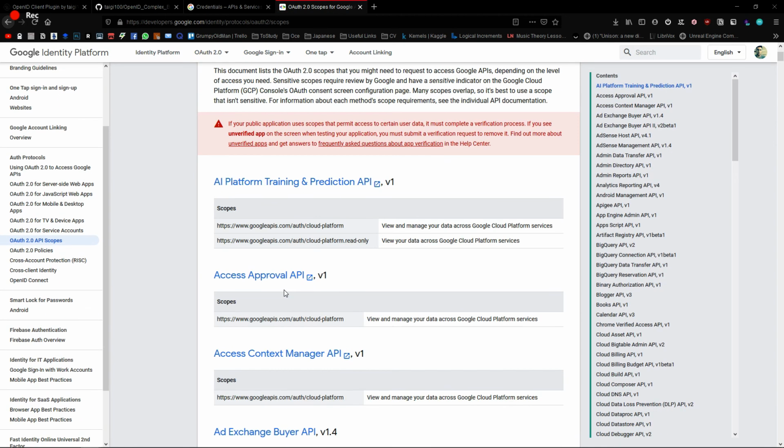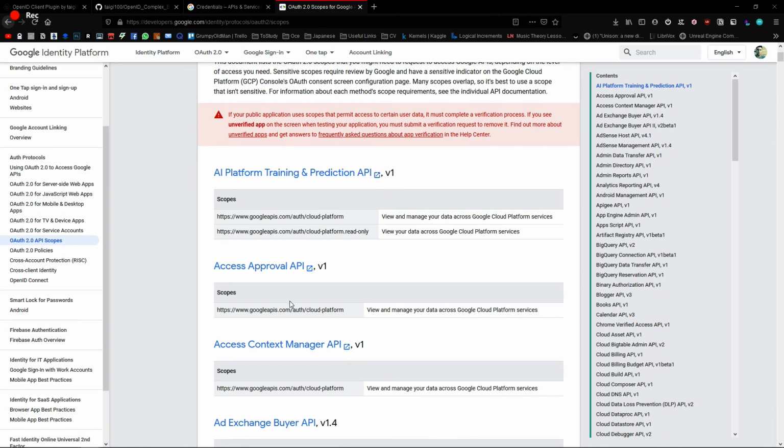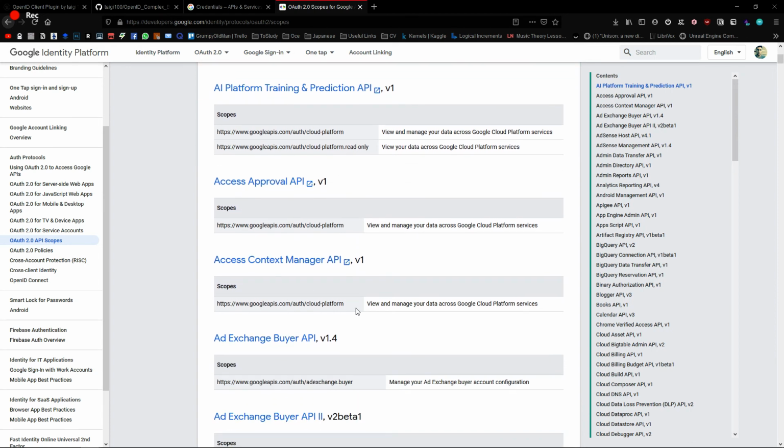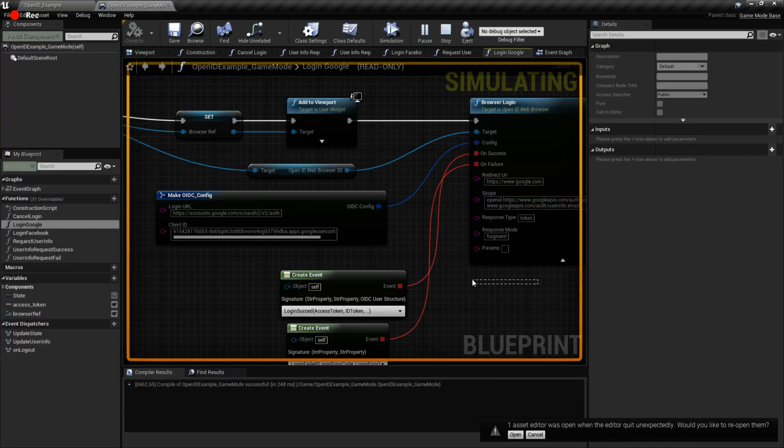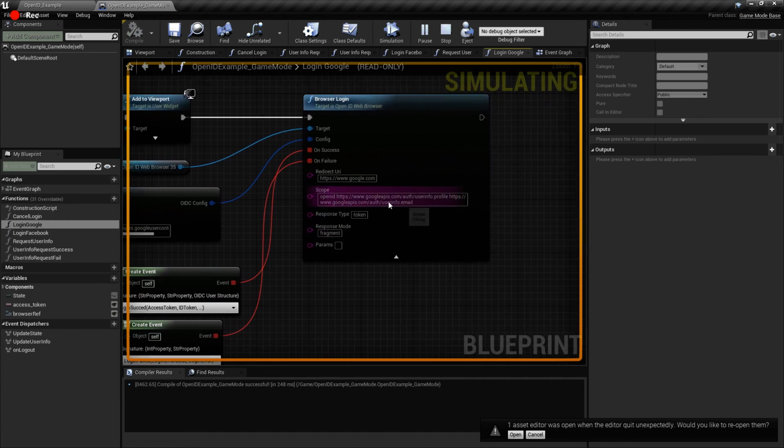Here is a list of scopes. Scopes are pretty much permissions for various APIs that Google is offering. So you can just copy one and paste it in the scopes array on the project. And here, as you can see, I have OpenID, user profile, and email.